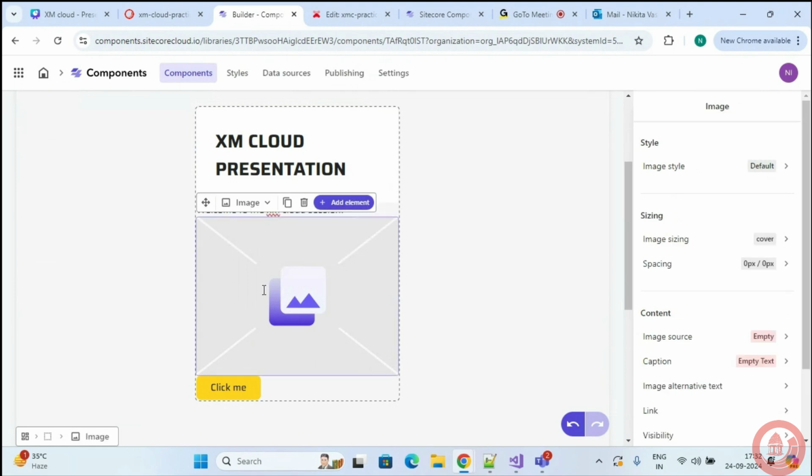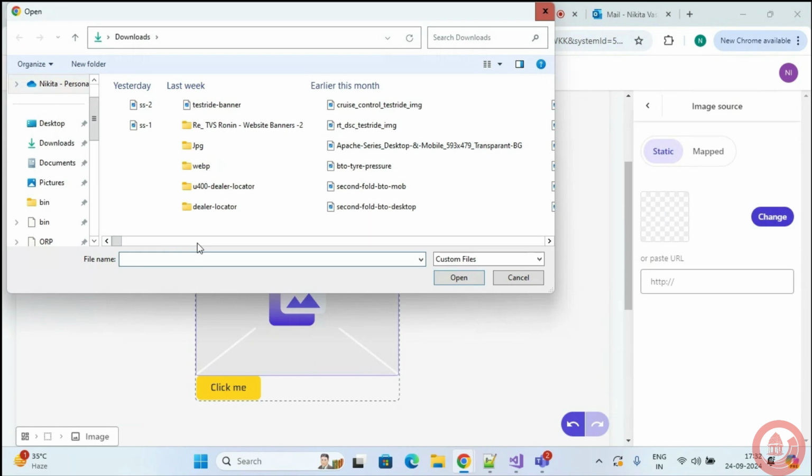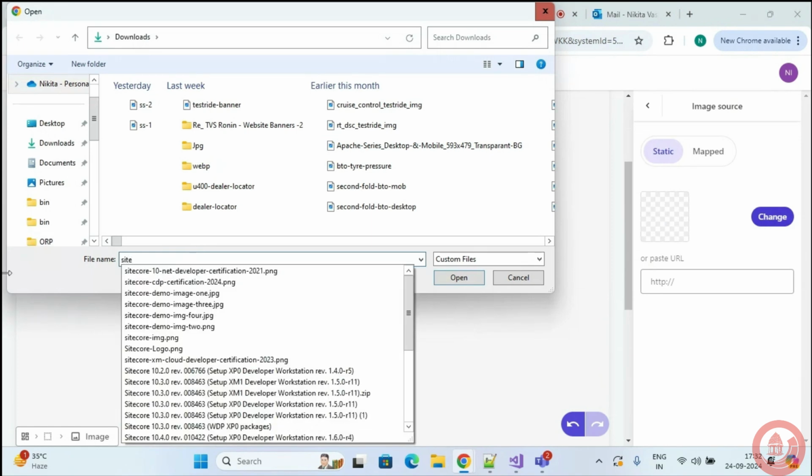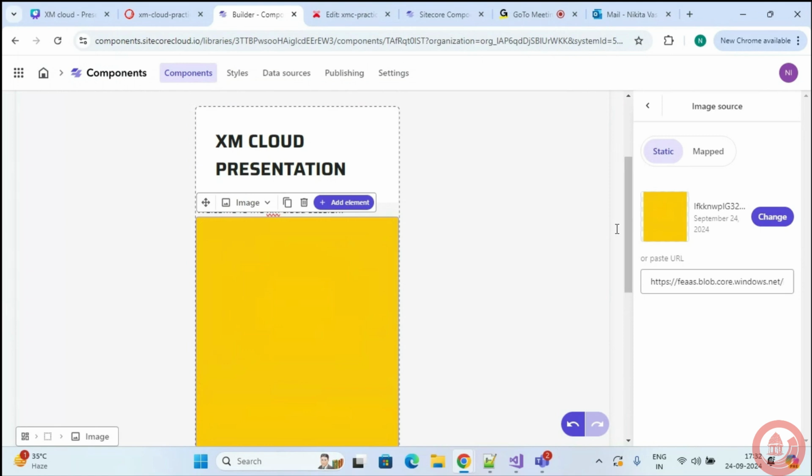Once I've selected my image, I can do different styling also. In my heading, if I want the text to be centrally aligned, all of these things can be easily managed. Similarly for my other components also, all my alignments and CSS can be managed. Over here I can change the alignment, and I have different paragraph styling options available, so those can be configured easily.